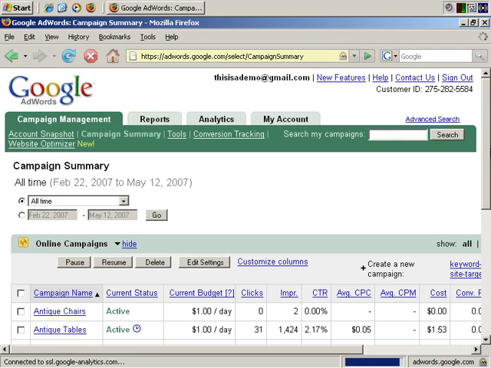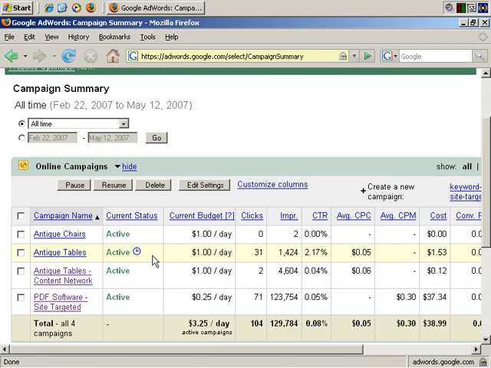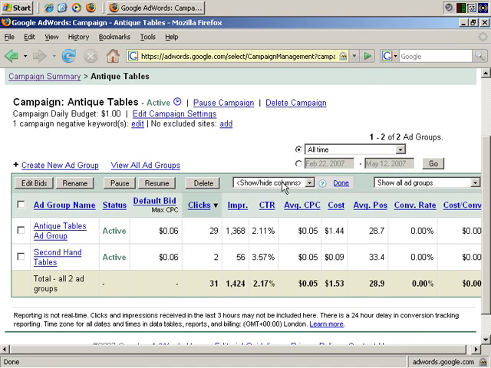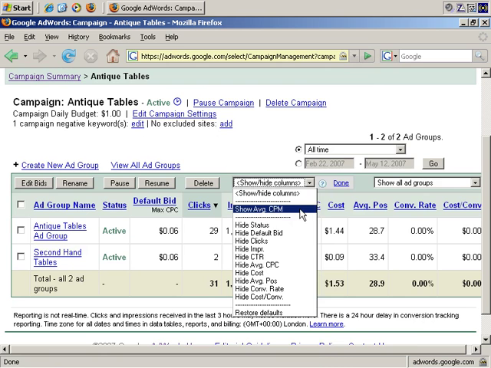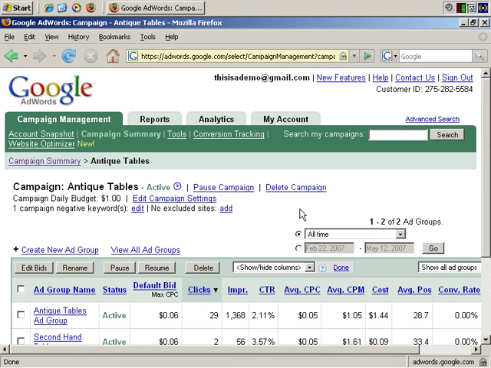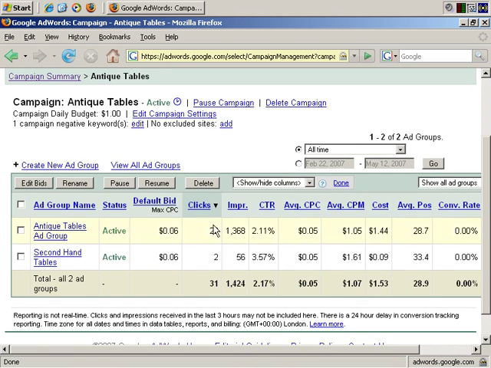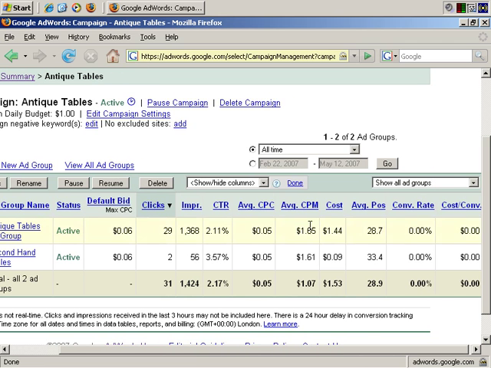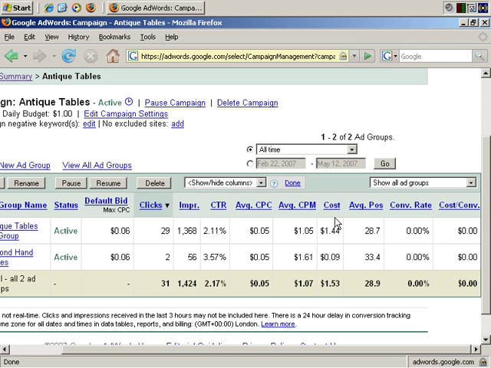Now let's quickly look at a keyword-targeted campaign. Let's look at antique tables because that has the most activity. Customize columns, and okay, let's show average cost per thousand. And we've had ad group names, status, default bid, clicks, impressions, click-through rate, average cost per click, average cost per thousand, interesting information, cost over the time period we've chosen, which is all time in this instance,